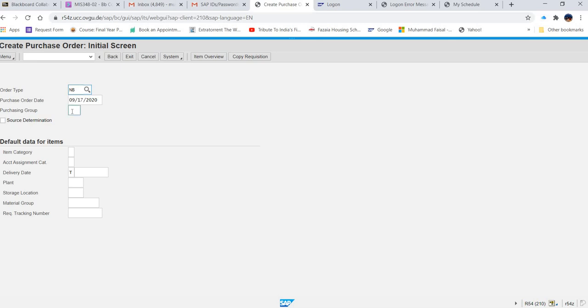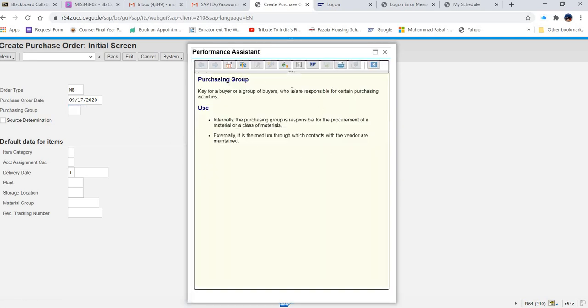For example, here if I press F1, you will receive a help like this, telling you that the place where you pressed F1 is the purchasing group, and the purpose of this purchasing group is this and the use is this. So it gives you an idea of what the field belongs to and its purpose.